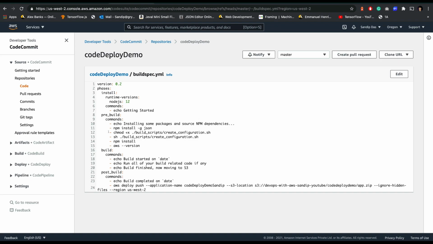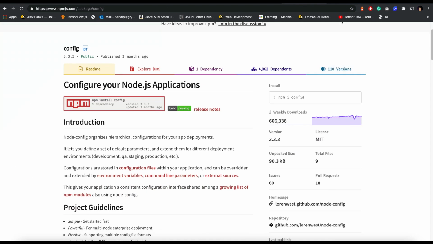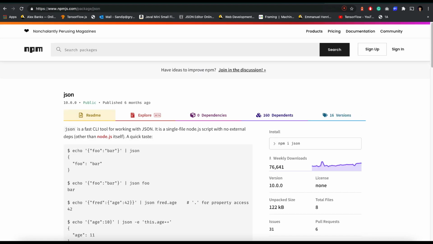Then via this script file I am generating a JSON file, and in Node.js there is a module called config, which I am using. For the JSON generation I am using this JSON module.